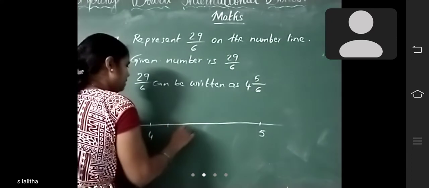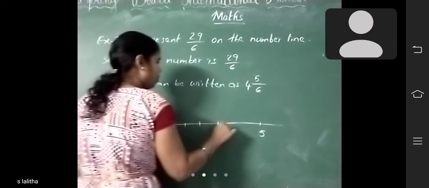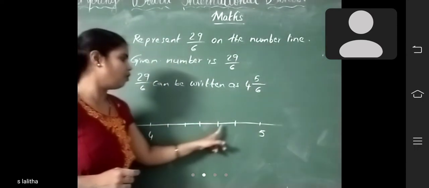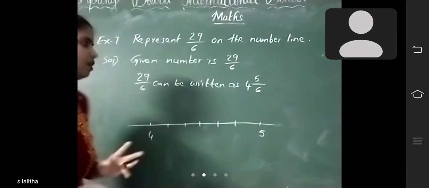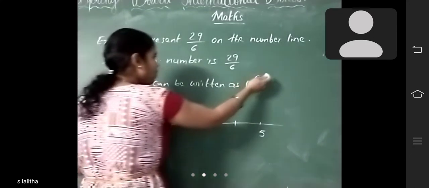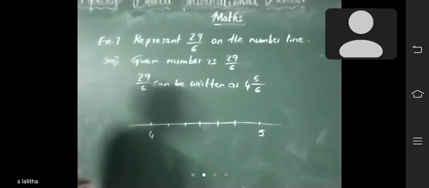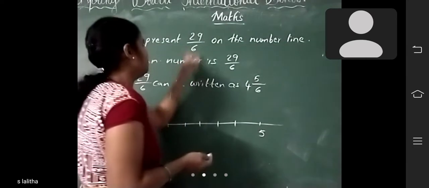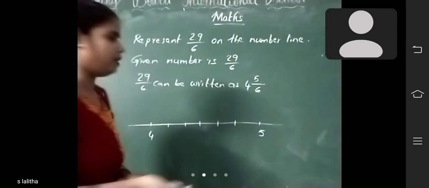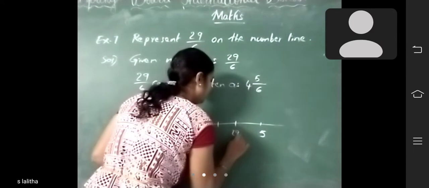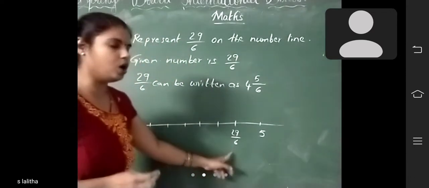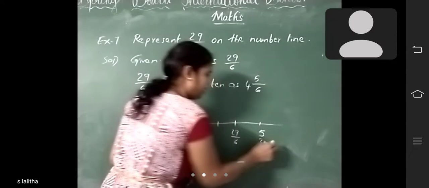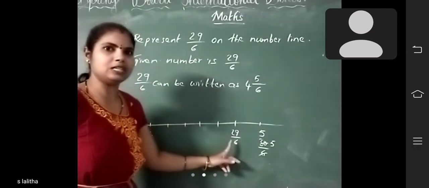Okay. 1, 2, 3, 4, 5, 6. Now write. Here 5 by 6 is there. Where is 5 by 6 here? So what is this one? 29 by 6. Where is it here? 29 by 6. Because here it is 30 by 6, no. 6 5s are 30. So 30 by 6, then 29 by 6,